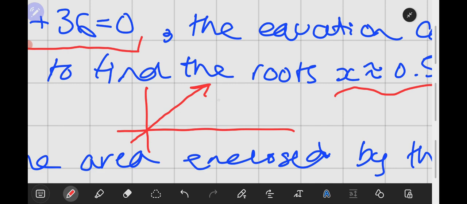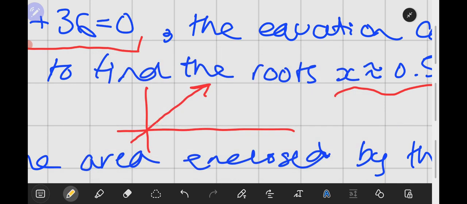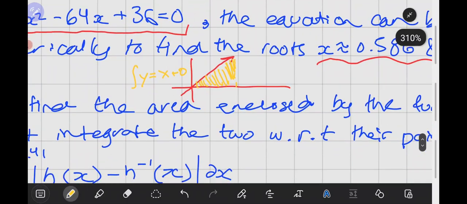If we have, let's say, even only a linear function, where y is equal to x plus nothing, because the y-intercept is at 0, the area enclosed is equal to the integral of the function y. So the way we would find the area enclosed by our function